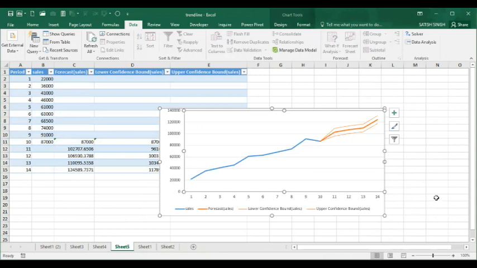I hope you have liked this video and you understand which method is useful. The second method is useful even under those conditions where we don't have the entire data or there are some missing values.